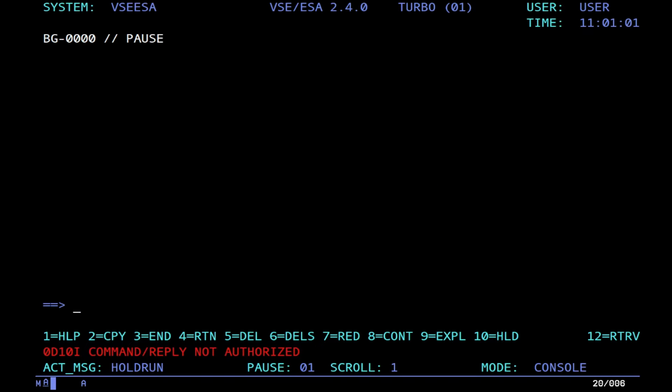I do not know why BG is paused. Let me switch over to the actual console and fix that real quick. Alright, thanks to the magic of video editing, I went ahead and just swapped that out right there. Okay, that was a paused